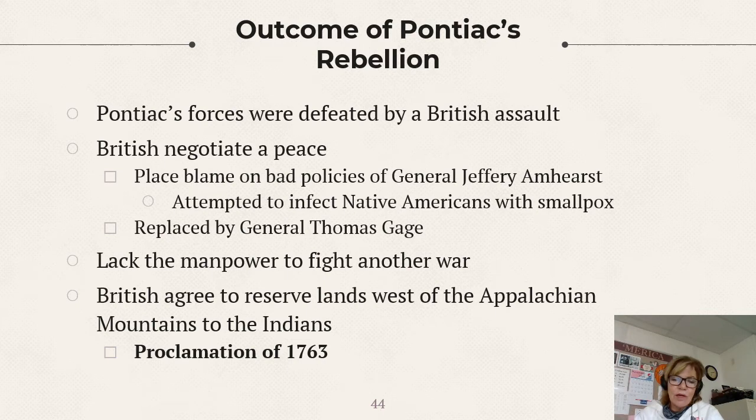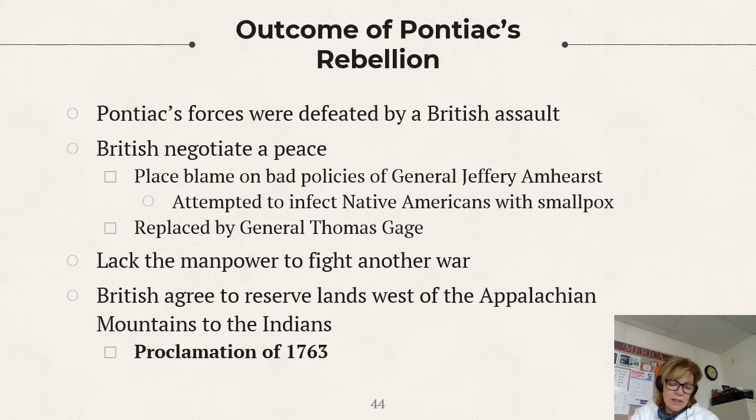But Amherst had written that he wanted to infect the Indians with smallpox. And some people say that what they did is they somehow put the smallpox pus or that sort of thing in some blankets that they gave to the Indians, hoping that that would infect them. But the debate is out there still on whether or not that was successful or if it even happened. Some people swear by it, but if it were true, that would be a form of attempted genocide, right?